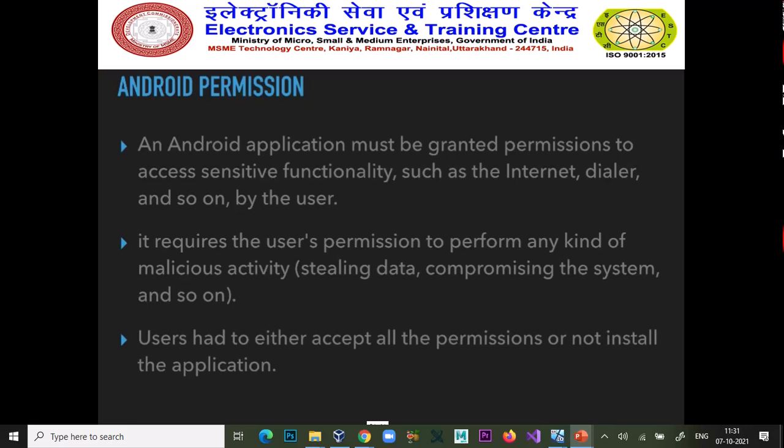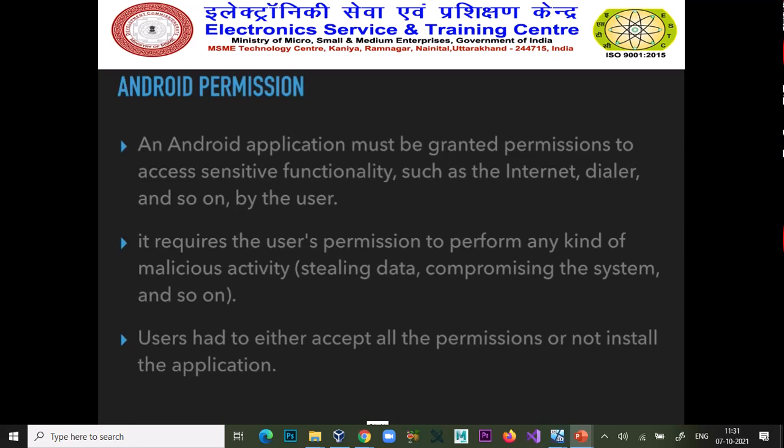It demands camera permission to scan QR codes, or contact permission because it has records of all Paytm users, and it is very easy to send money to your contact person. It demands your dialer system, your call logs. Many kinds of permissions the application demands.